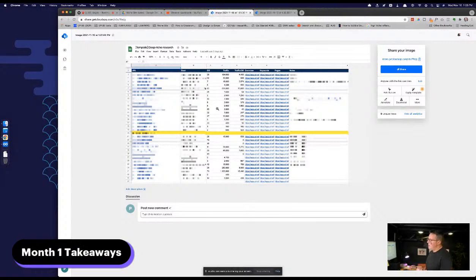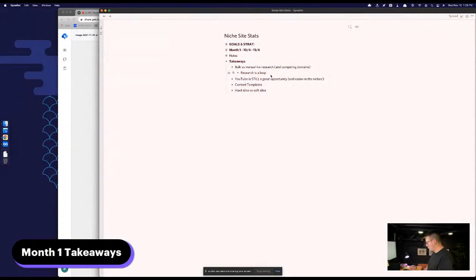I went through and made extensive notes on how these Authority Hacker guys had me doing SEO keyword research. And it was not as tedious as I thought. It was manual, one by one. The reason I liked this so much, other than it being a loop, is that you'll discover things, keywords, competitors, opportunities, that you otherwise wouldn't have. Again, I should have written this out before the stream started, but alas. So that's one of the benefits. The other benefit is